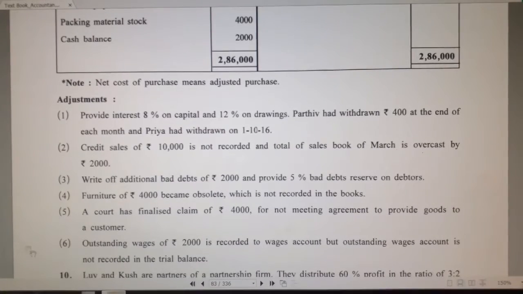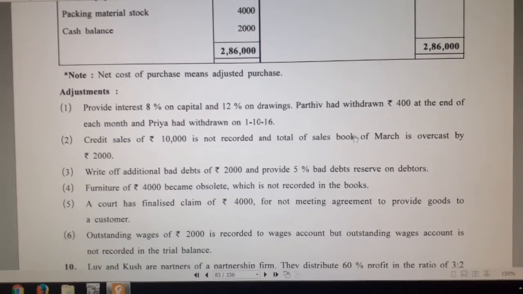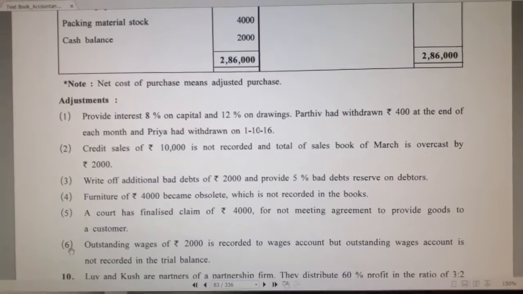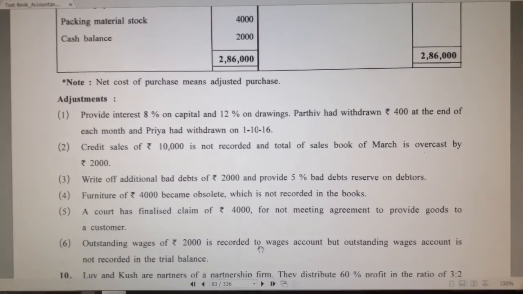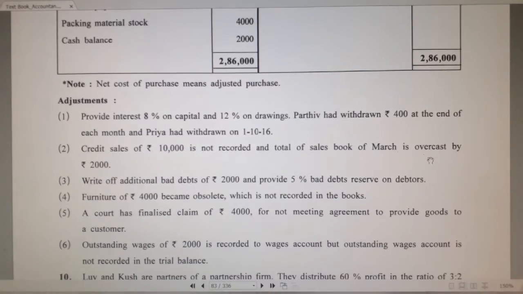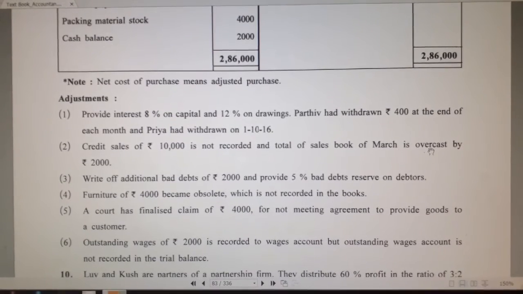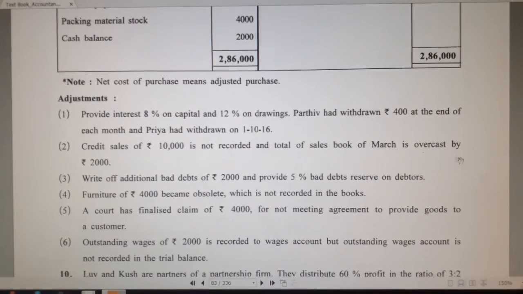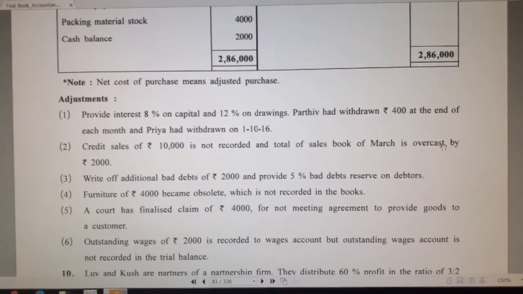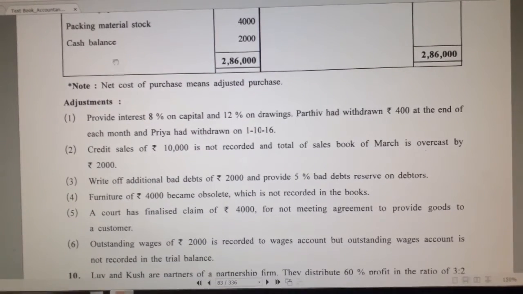So adjustment number 2 and adjustment number 6 will be solved simultaneously. The next part of adjustment number 2 carries a single effect, as well as in adjustment number 6, one effect of the particular transaction is given and the other effect is not given. So by giving the effect of the given two transactions, we can move with the effects of the given two adjustments. This adjustment is a kind of compensatory error. Now quickly moving with the adjustments, we'll start our solution with the adjustments. We have simply referred the sum.